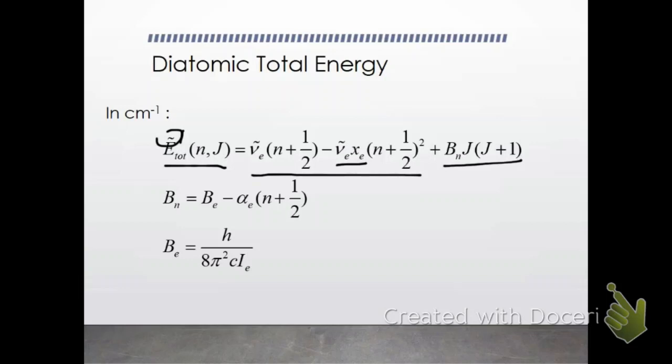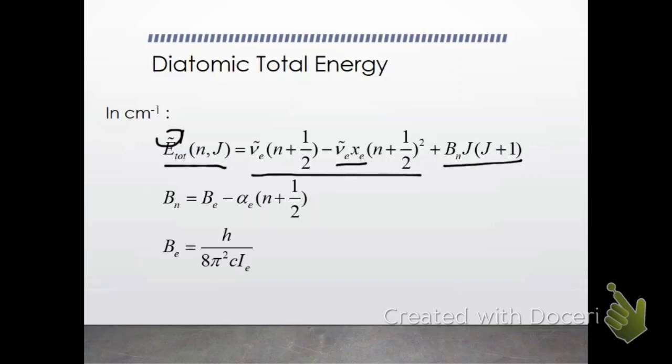The nuclei are vibrating, and because they're vibrating, their distance is changing throughout the rotation, which also means that the moment of inertia changes throughout the rotation. So the degree to which the moment of inertia changes depends on the quantum number n. The higher the quantum number n, the greater the change in the moment of inertia through a vibration, because the vibrational amplitude is greater. And so that means we need to add the correctional factor here, which is shown in